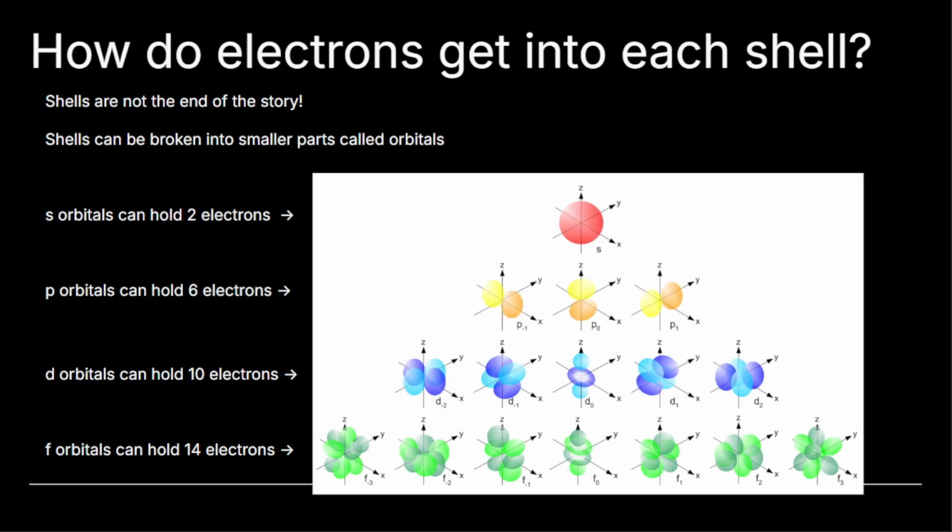And then right here, the S orbital can only hold 2 electrons. P can hold 6. You don't have to remember any of the pictures. I'm just using this to explain, okay? The D orbital can hold 10 electrons because it has 5 different orbitals, and each orbital can hold 2, okay? And then the F orbitals can hold 14 electrons, so 2 each again, and there are 7 different orbitals,